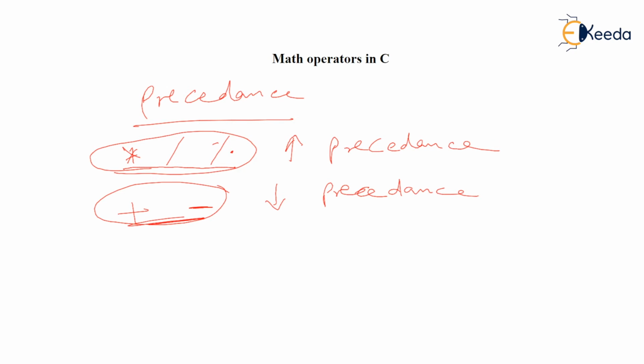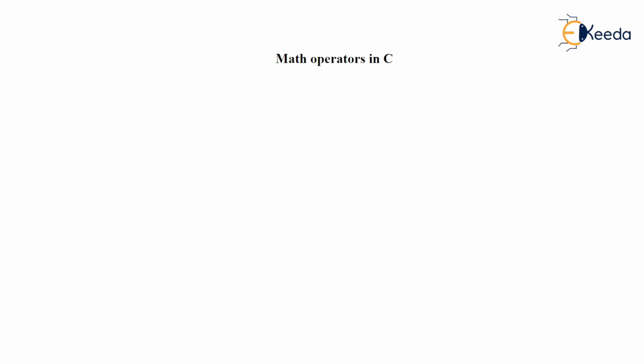Just to understand this, let's see a very simple expression like this. Suppose I have z is equal to 10 plus 2 multiplied by 4 minus 16 % 17, then again plus 6 upon 7. So what is going to be the answer for this? Now there are so many operators in this. So which operator will be solved first?